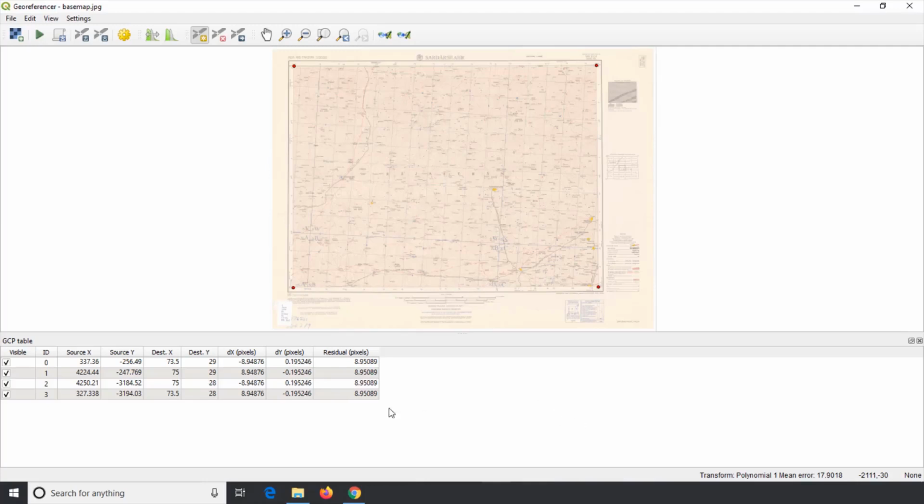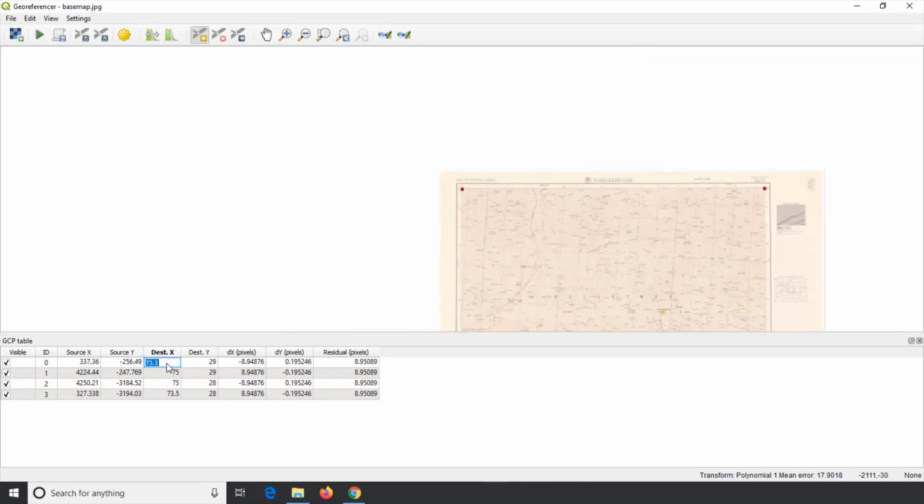If you see any single value having a higher error than other values, it indicates there is a human error caused due to misplacing of the GCP point on the intersection of latitude and longitude, or entering the value in the Enter Map Coordinates pop-up window. In such a case, the value of x and y can be changed by double clicking on it. Or we can remove the GCP point from the table and create it once again.